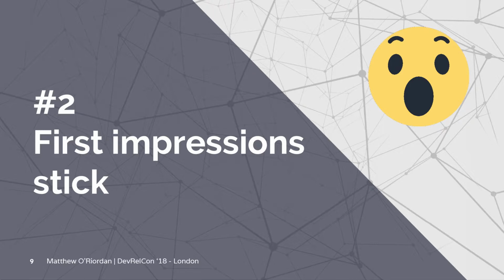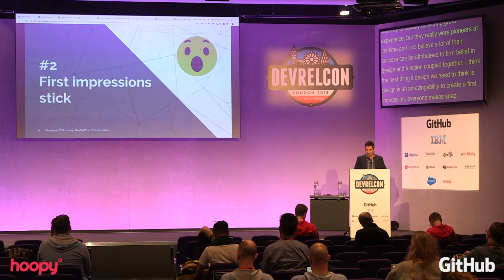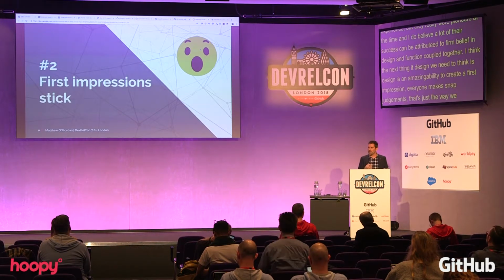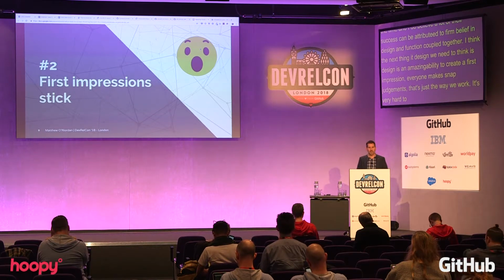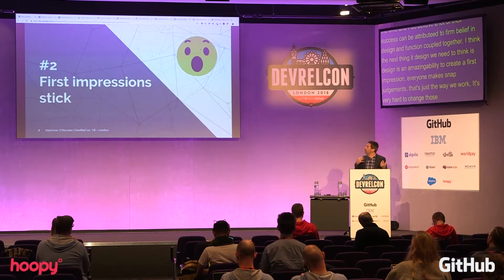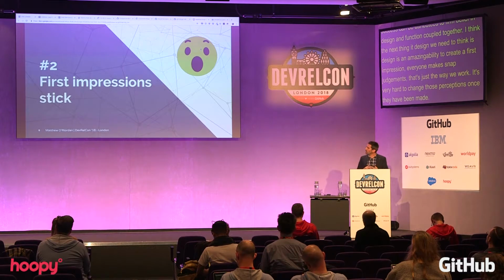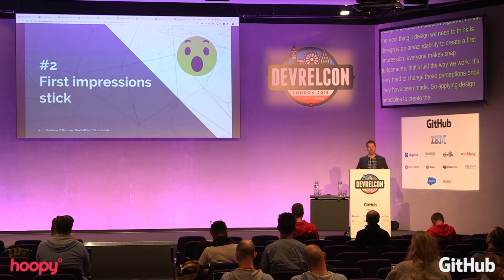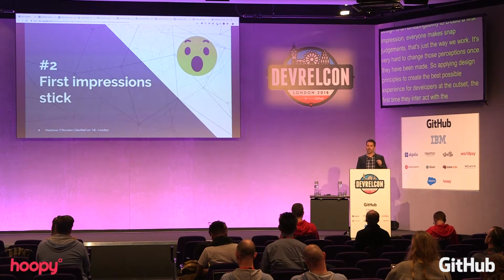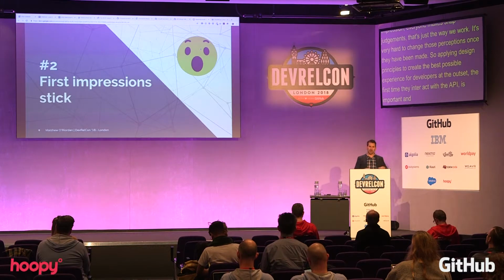I think the next thing with design that we need to think about is that design has an amazing ability to create a first impression, and everyone makes snap judgments. That's just the way we work, and it's very hard to change those perceptions once they've been made. So, applying design principles to create the best possible experience for developers at the outset, from the first time they interact with the API, is important,